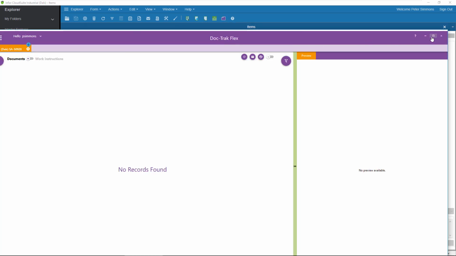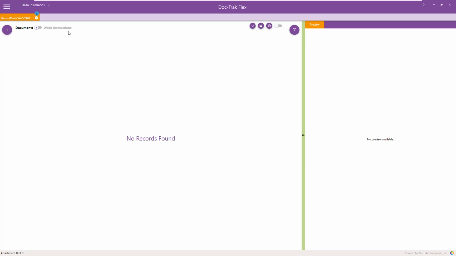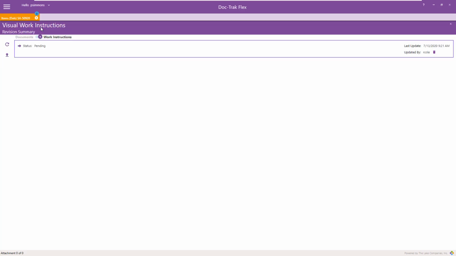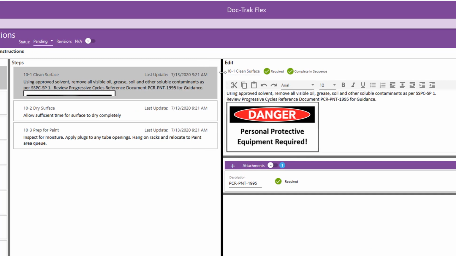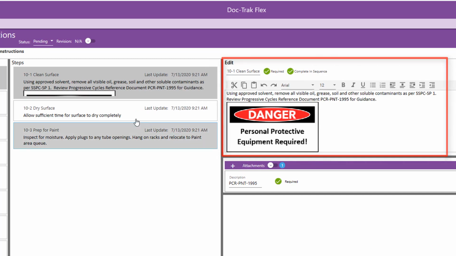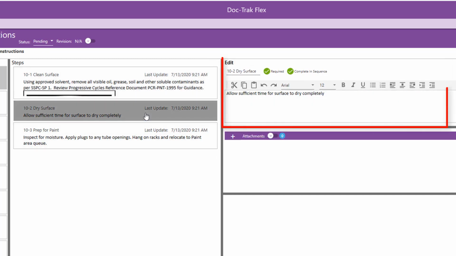Then I'll slide over to the work instructions. I'll open the pending work instructions and review them. This one looks good. And so does this one.